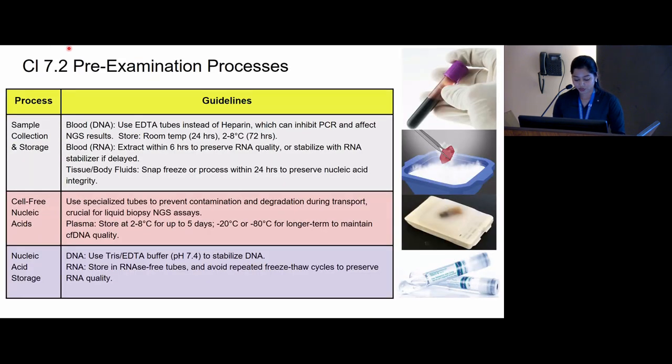For nucleic acid storage for NGS, DNA is best stored in Tris-EDTA at pH 7.4 to stabilize it for library preparation. RNA should be stored in RNase-free tubes and repeated freeze-thaw cycles should be avoided to preserve its quality for RNA sequencing. And nucleic acid concentration should also be quantified using fluorometry, that is a Qubit count. For sample